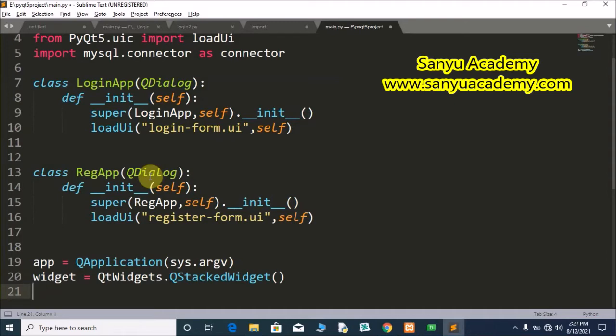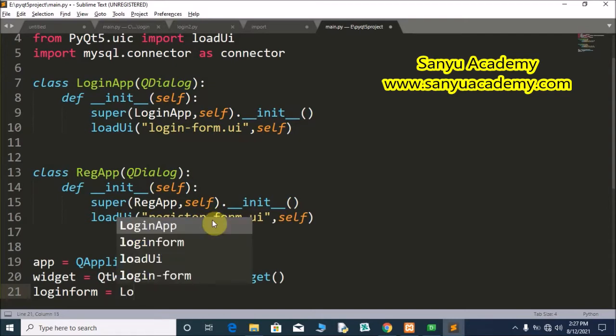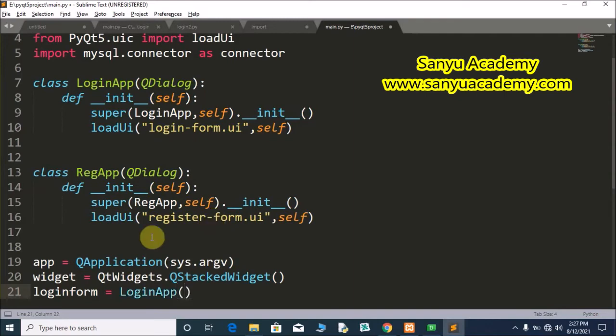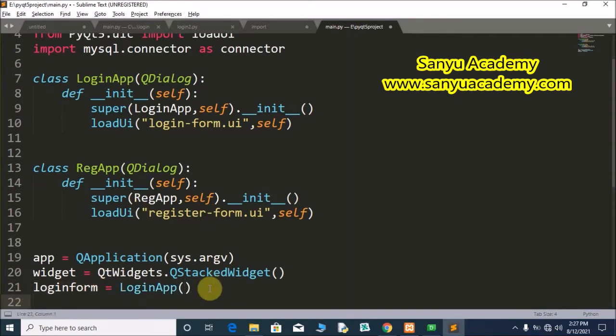Then we will create the object for the login and register apps. loginform is equal to LoginApp, open bracket, close bracket. This is the object of the LoginApp. Next, registrationform is equal to RegApp, open bracket, close bracket.